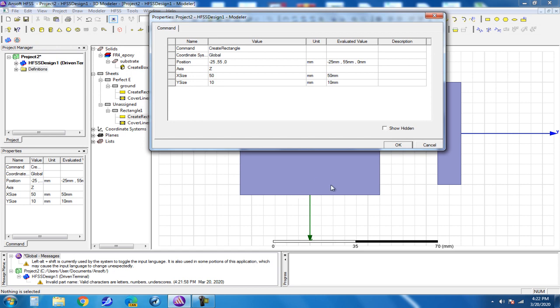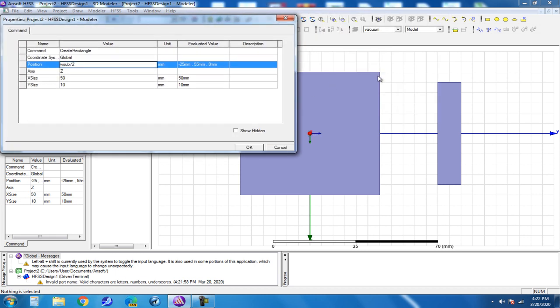So, transmission line. My transmission line will be here. It will start from here and will go on this way. So my x-axis is here and my y-axis is in this direction. So this is the y-axis and this is the x-axis. From the x-axis we will start it from